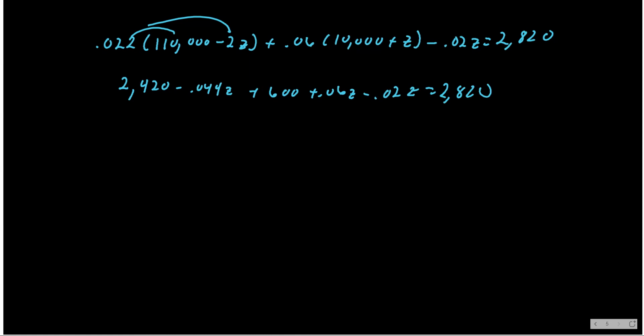Negative 0.044Z and negative 0.02 would be negative 0.064. Add that to the 0.06, that should then be just negative 0.004, right? Or am I putting too many zeros? Okay. Yeah, that's combining like terms. And then I have 3,020 equals 2,820. Subtract that over, so I now get